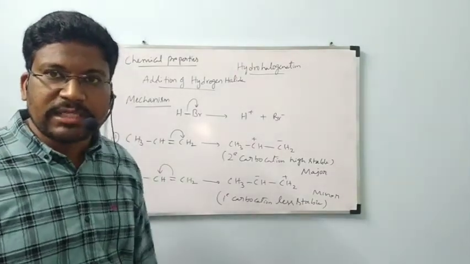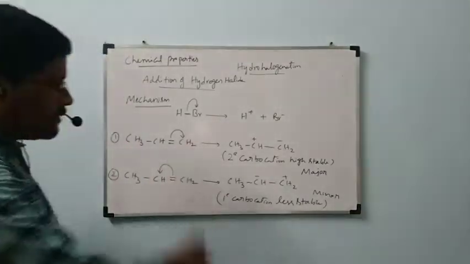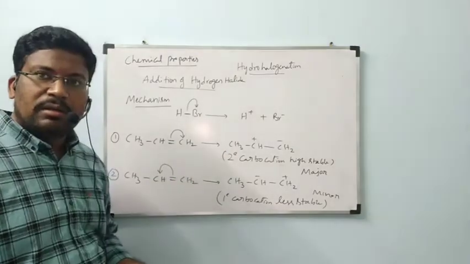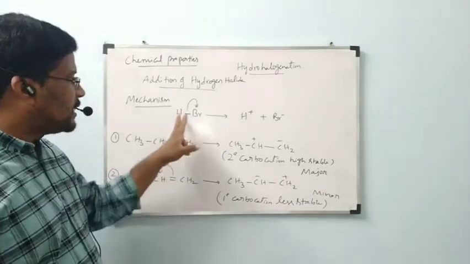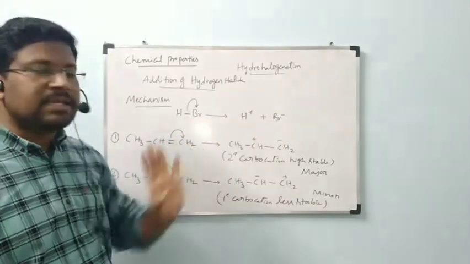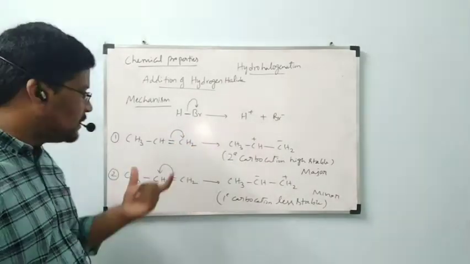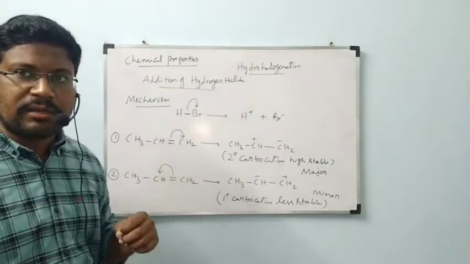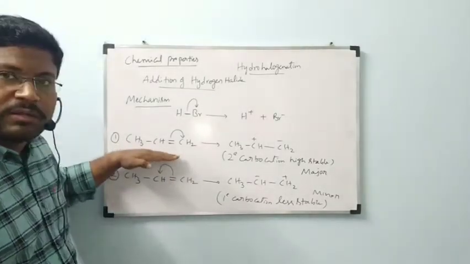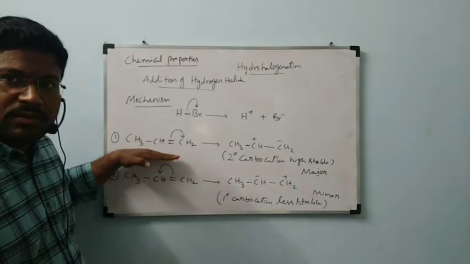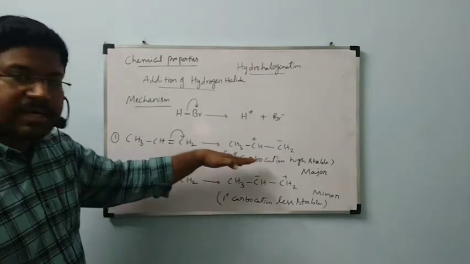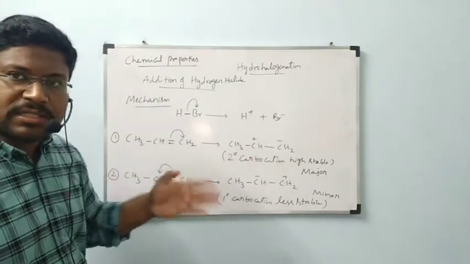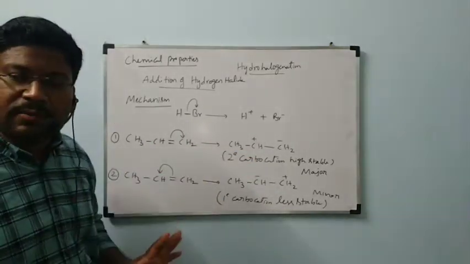Now I am going to write one more step. I hope you understood. Note this down carefully up to here. First step, HBr reacts to form H plus and Br minus. Second step, suppose 100 molecules are there. Almost 70 to 80 molecules will undergo cleavage like this to form secondary carbocation, because it is highly stable. So a major amount of substance is converted to secondary carbocation.